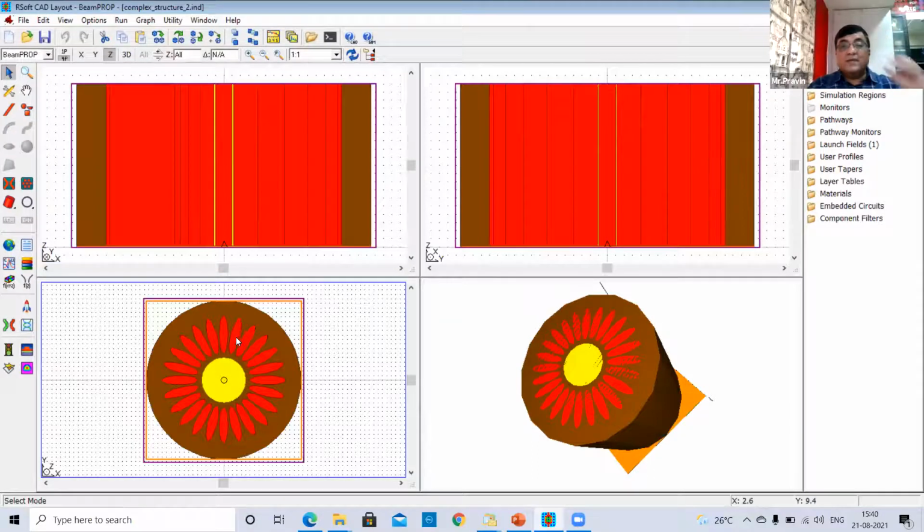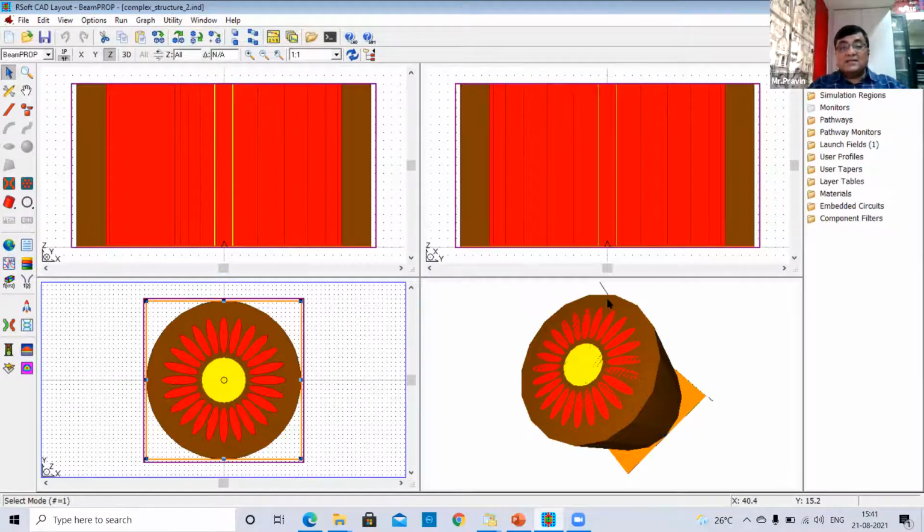Each of them can have a separate property. Any kind of arbitrary structure can be defined in the RSoft CAD. You just need a little bit of innovation to define and design any kind of structure.